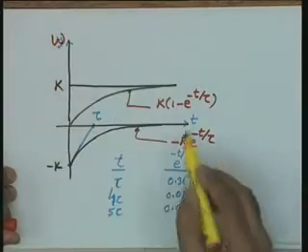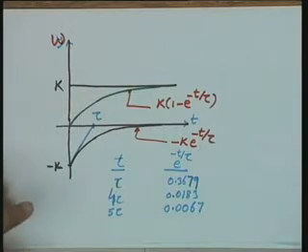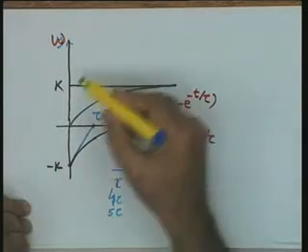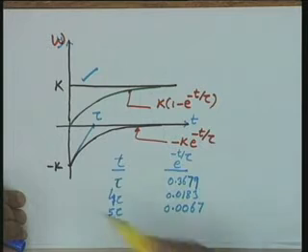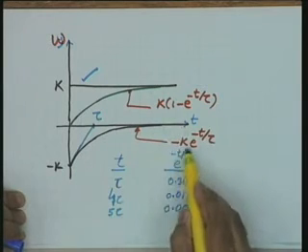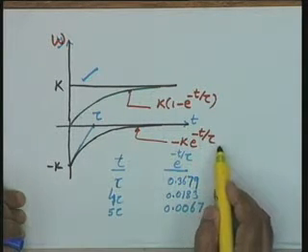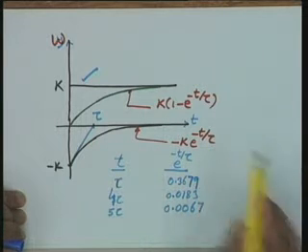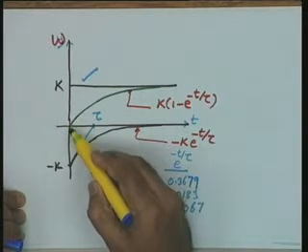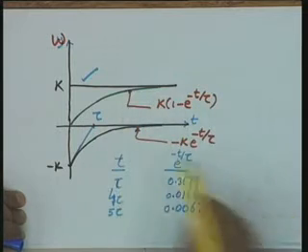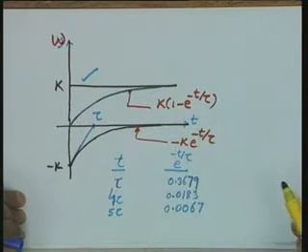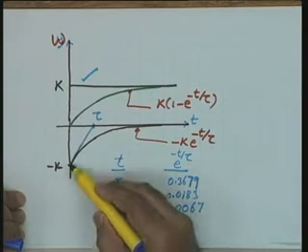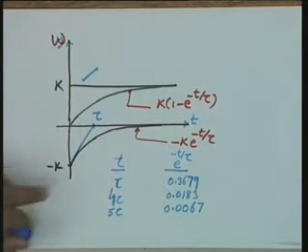For that, I will like to make a sketch of this particular response. If I make a sketch of this response, this is omega and not y please, t versus omega. In that particular case, you see that the final value is k given over here, and this is the transient component minus k e to the power of minus t by tau, which goes to 0 as t tends to infinity, and the total response is given by this green curve k 1 minus e to the power of minus t by tau. Now, look at the decay of this transient term. Look at the decay please.